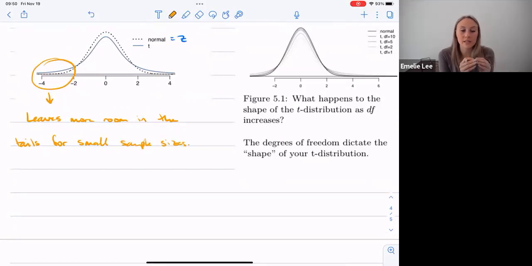And the area in the tail, yeah, so this is what we're going to be dealing with. Unless we have proportions, then what's nice is they follow a Z distribution, right? And so here now we're saying, okay, well, if I have a small sample size, the probability of seeing something extreme is more likely, okay? And I'm all out of time,